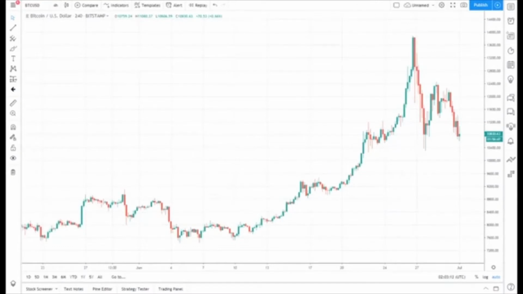This is a Bitcoin chart, or a Bitcoin versus the US dollar chart. And the reason I'm using the Bitcoin chart is because I want to show you that you can use the volume profile on any single market that you are trading. You can use it on cryptocurrencies, you can use it on Forex, you can use it on stocks, and you can use it on futures. And the reason that you can use it on any single market that you are trading is because